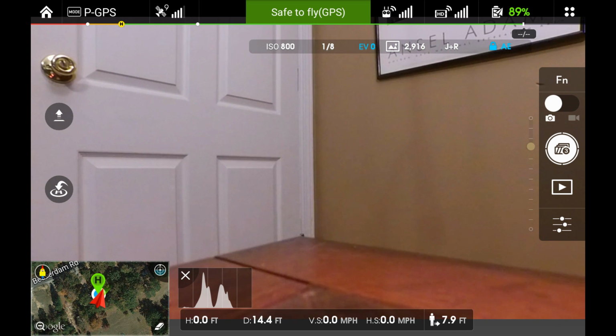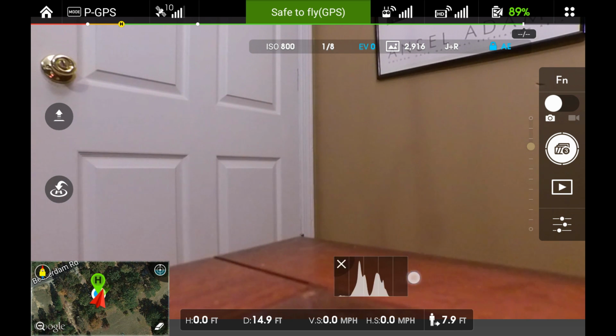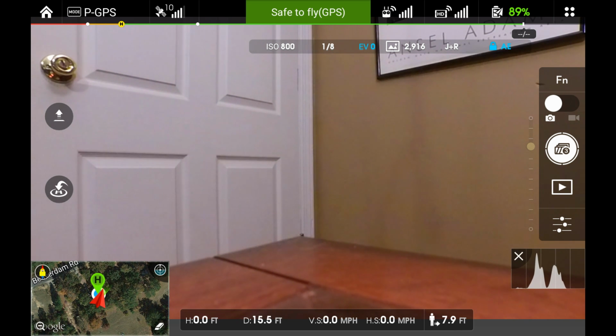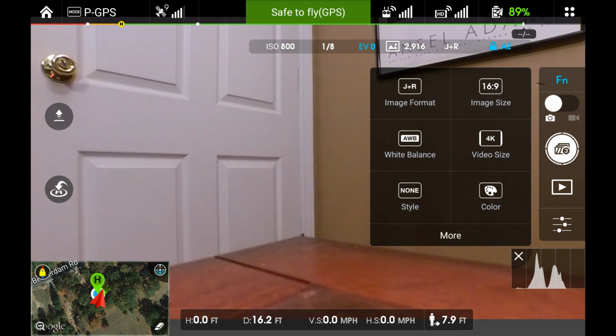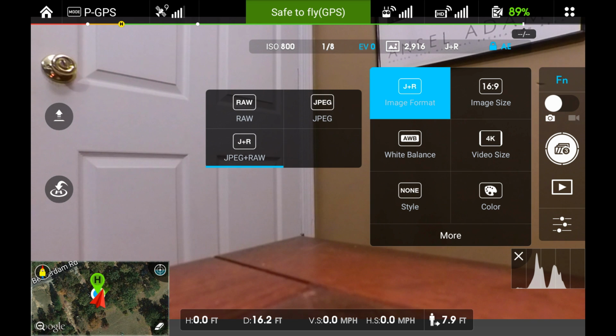The last couple of things we could talk about is this little guy right here in the camera settings. So, for camera settings function, if you bring that up, you have a lot of control here on how you're taking pictures and video. This picks how I want to save my photos, if I just want a RAW file, a JPEG, or a JPEG plus RAW. Now, many of you probably already know what the differences are, but if you don't, a JPEG